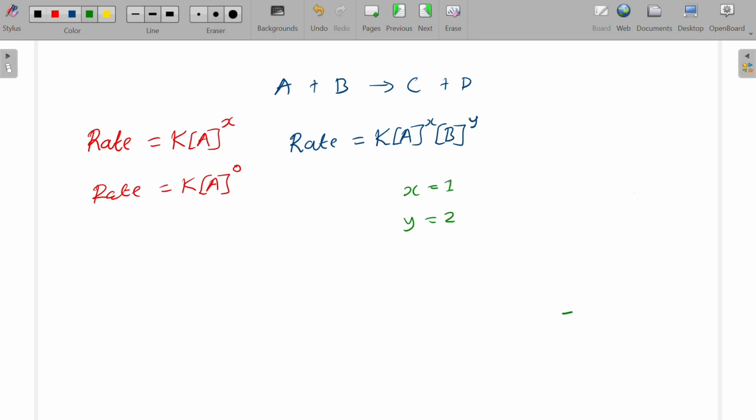Then the overall order of reaction in this case is the sum of the individual orders, where we are saying we have 1 added to 2, meaning the overall order of reaction was going to be third order in this case. Yes. So let's go ahead and see how we can determine the order of reaction according to the information we